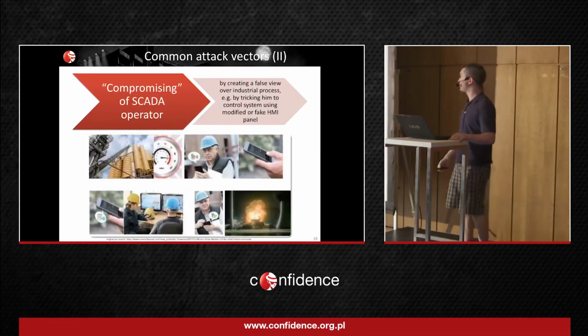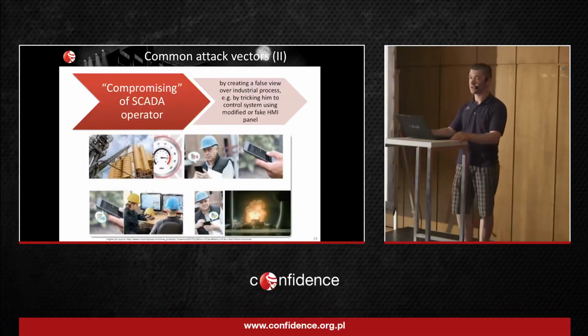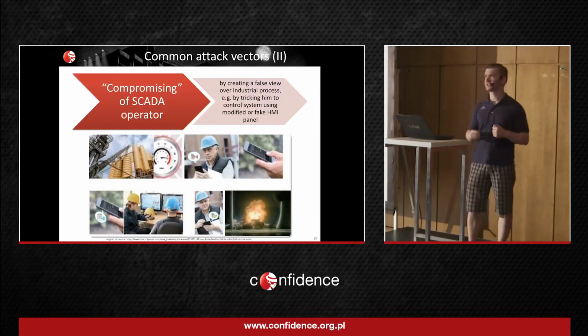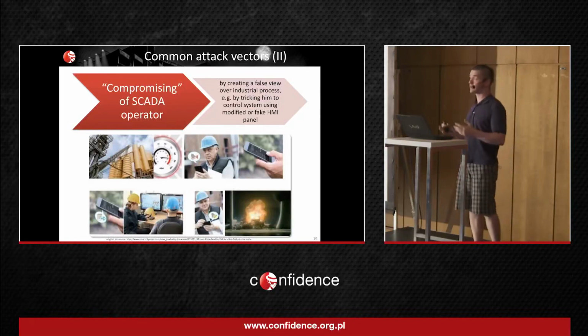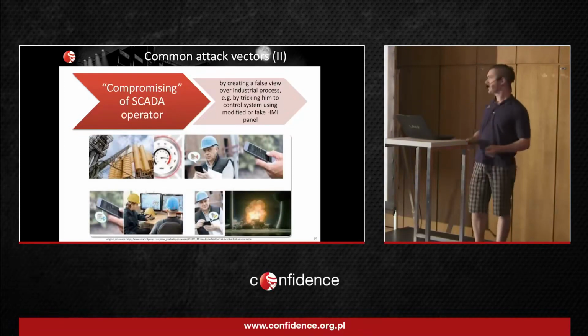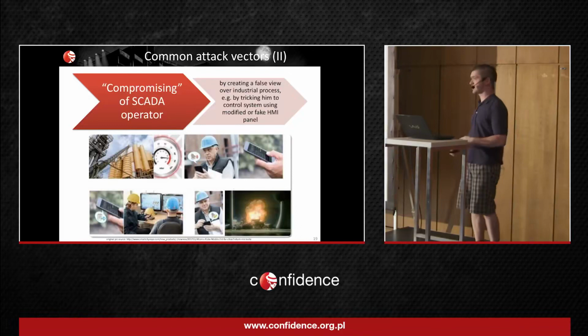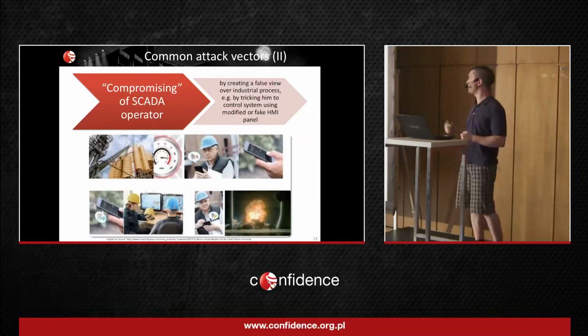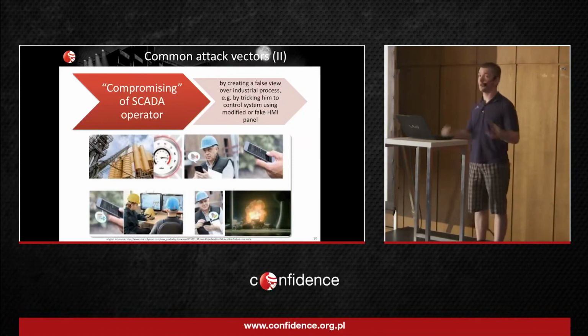The other attack vector is generating false alarms and hiding real ones, or in other words, tricking the operator. For example, the operator receives a notification that there is high pressure in a tube, and he decides to lower the pressure, but instead of the expected behavior, things get worse. Or in another case, if the operator had got a notification, he would easily cope with the problem, but he got no notification.